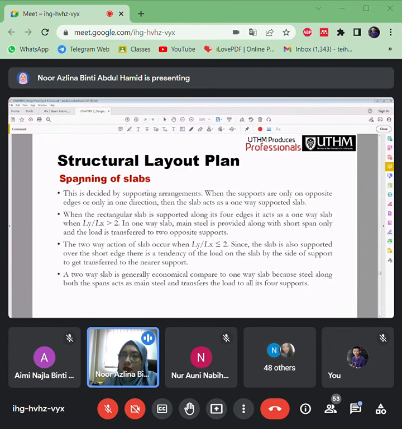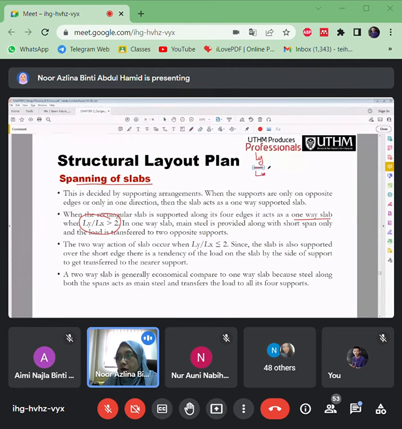Okay, spanning of slab here. I've mentioned we have 2 types of slabs, right? We have a one-way slab, we have a two-way slab. So how to know that is one-way slab or two-way slabs here? You have to use this equation, which is Ly divided by Lx.